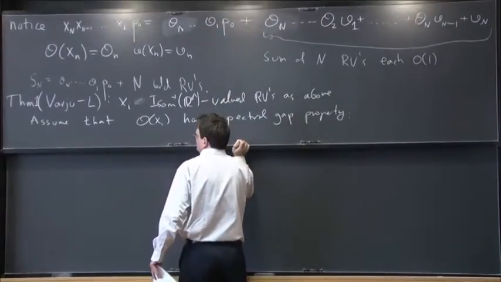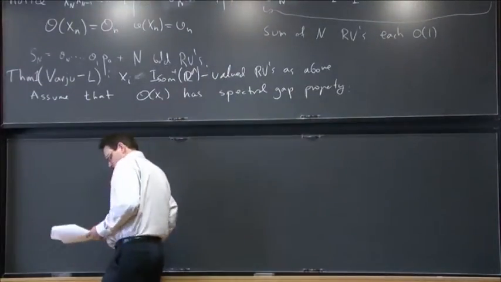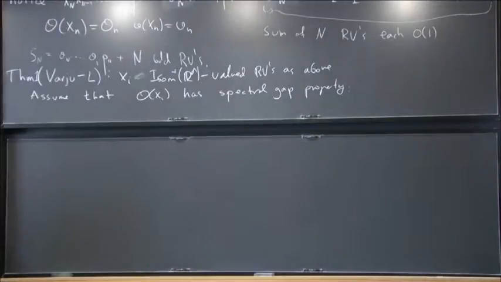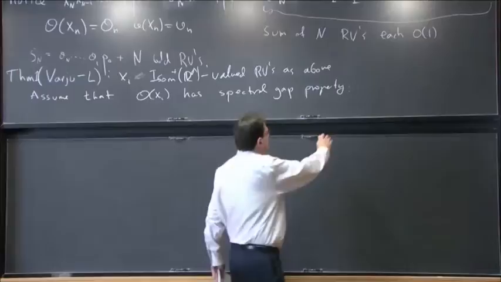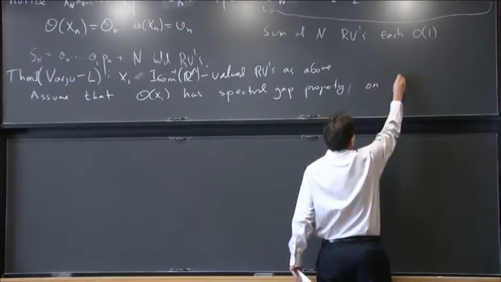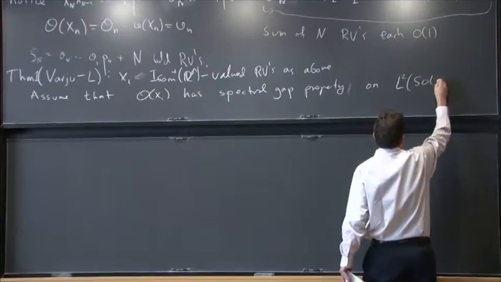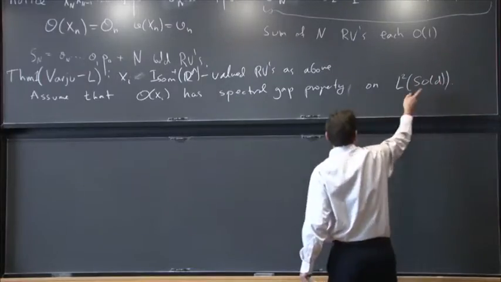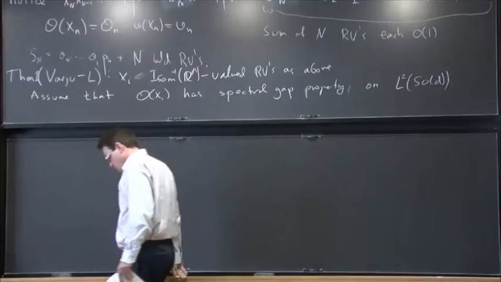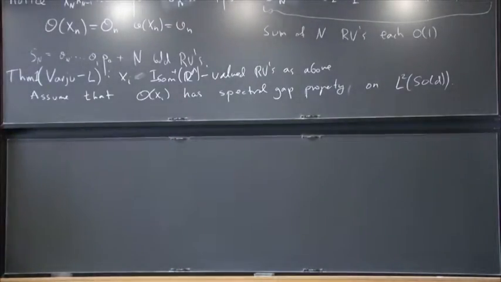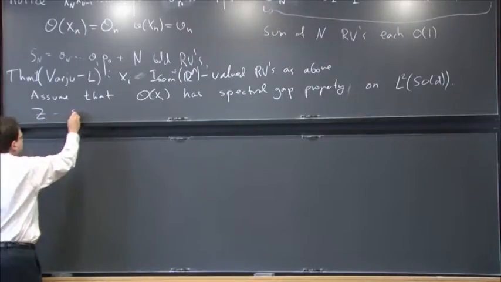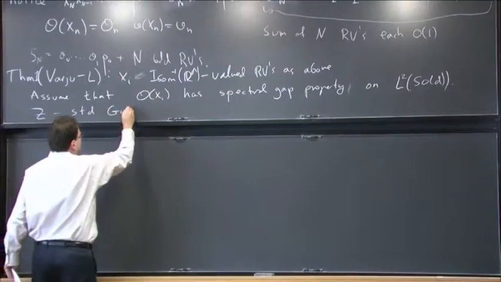I'll explain what I mean in a second, but I guess here people, even without me explaining what it means, know what I mean. This will actually contain some information, not when they act on the sphere, but actually on the L2 of the group, which is slightly stronger. Now I'm going to take this just notation. Z is just this ordinary standard Gaussian